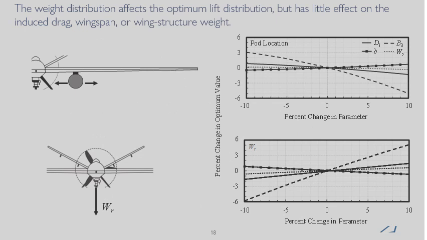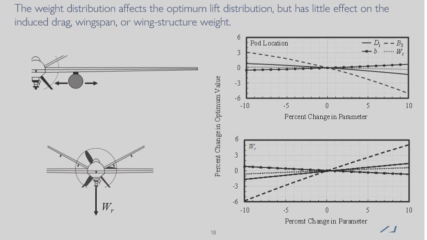We can also, using these methods, figure out which of our parameters affect the optimum solution. So what we showed in the previous slide is the induced drag is a function of 2 design variables. However, there are several parameters that could be changed to change that optimum solution. So we looked at how changes in pod location, root weight, proportionality coefficient, wing loading, and taper ratio all affect